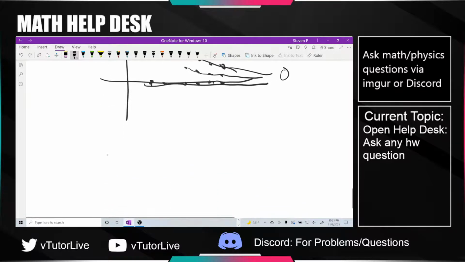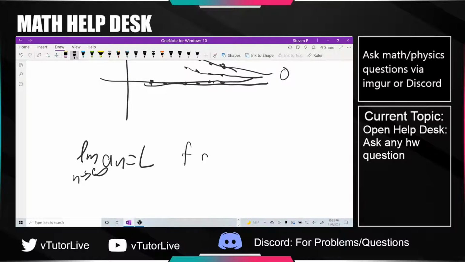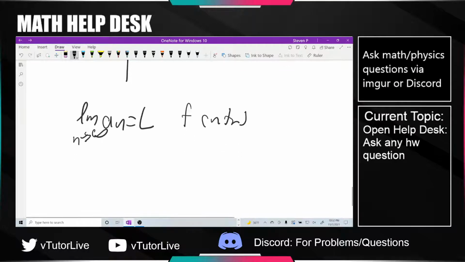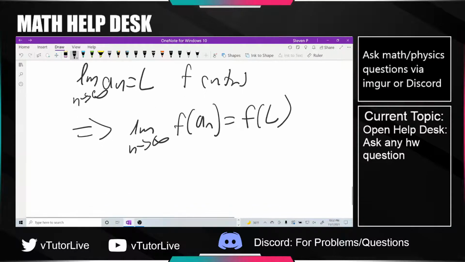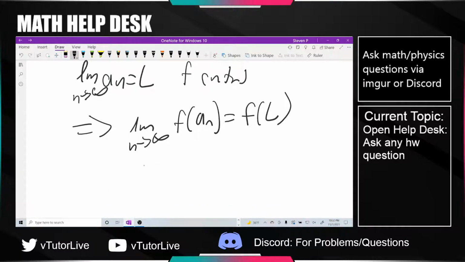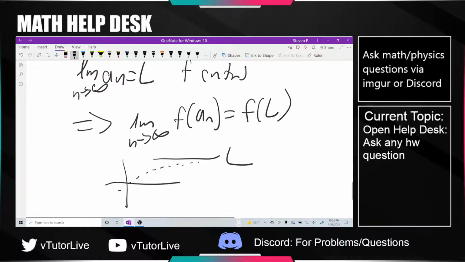Okay. Next theorem: if the limit of a_n as n goes to infinity is equal to L, and f is continuous, then the limit as n goes to infinity of f of a_n is equal to f of L. So gosh, what the heck does this mean? This is basically saying that if you have a bunch of points that approaches some limit L, and f is continuous at L, then